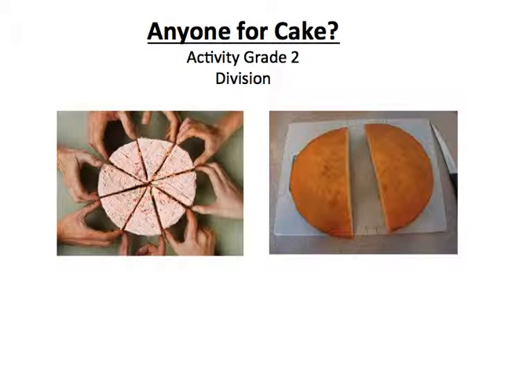Okay, so this activity is called Anyone for Cake. It's for a grade 2 class and it's on division. What you would need is Play-Doh, some plastic knives, or you could even just use plastic rulers, and cookie cutters in a square and circle shape, and that's it. So I would show the children these pictures of cake